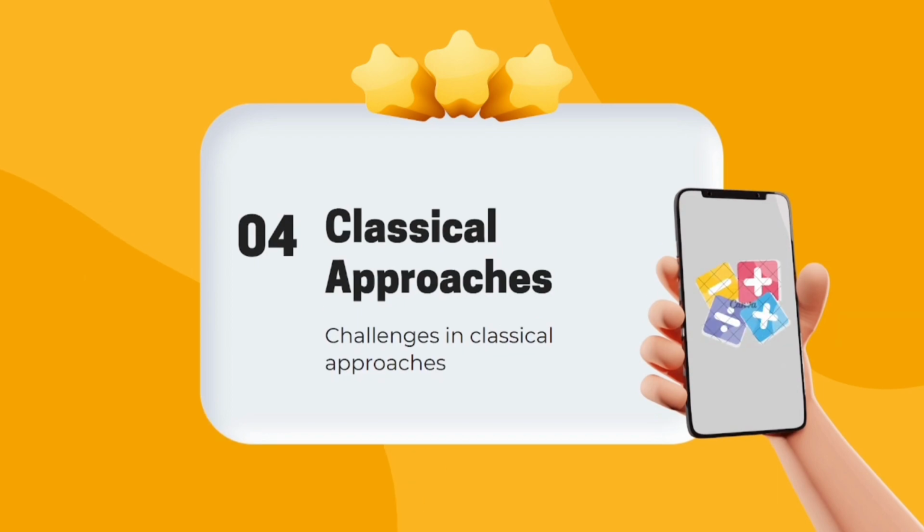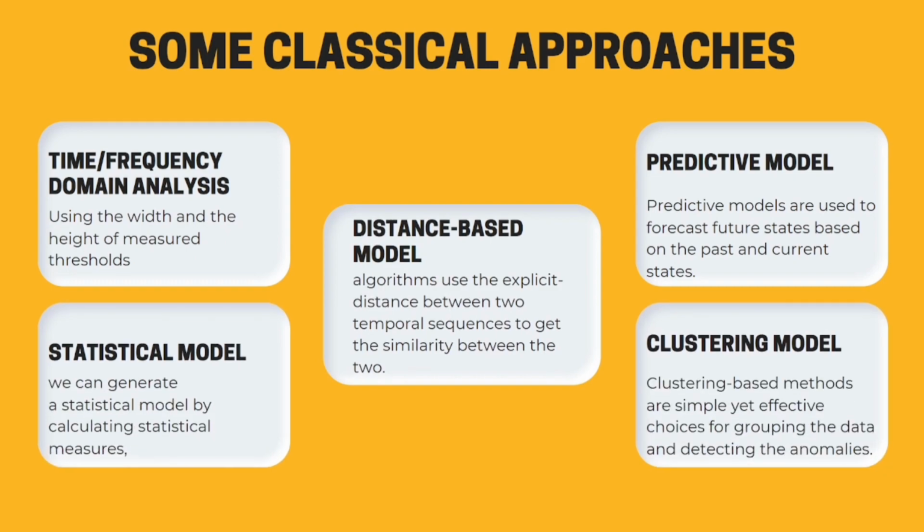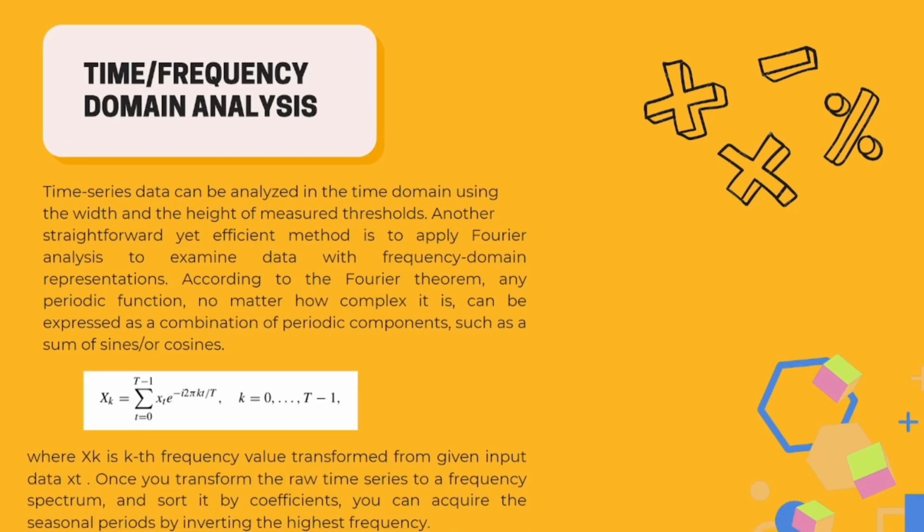Moving on, now we'll be looking over the existing classical approaches that are designed for time series analysis and anomaly detection. So there are five classical approaches, starting with the first, time frequency domain analysis. Time series data can be analyzed in the time domain using the width and height of measured thresholds. Okay, so time and frequency domain analysis can be done by measuring the width and height of threshold, and also